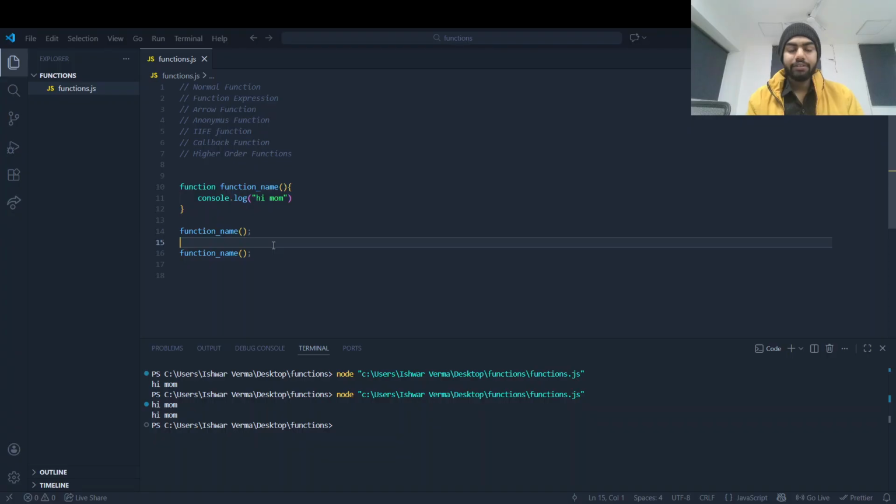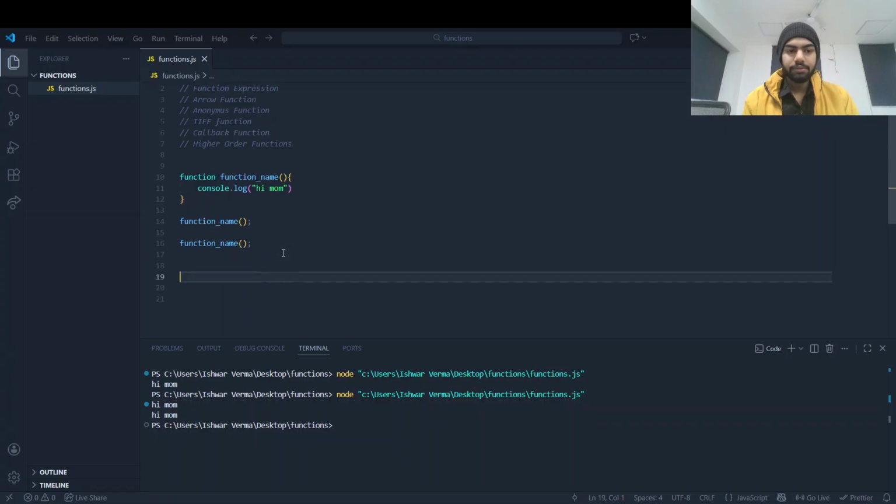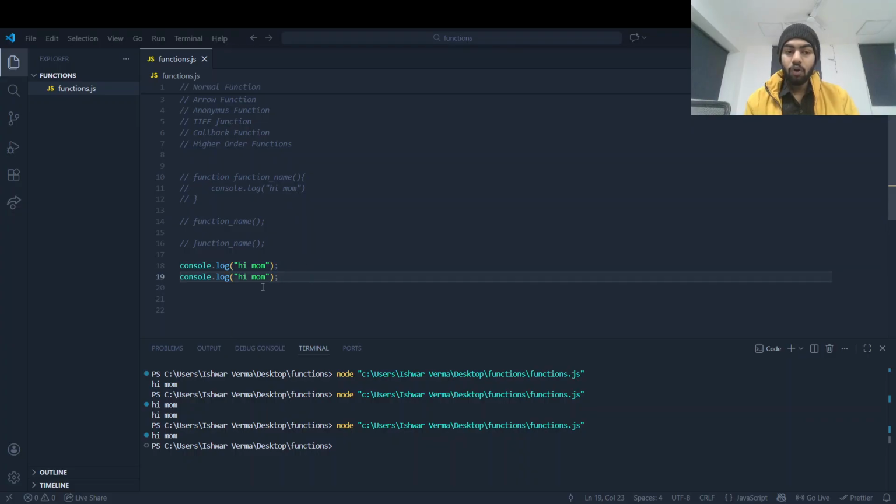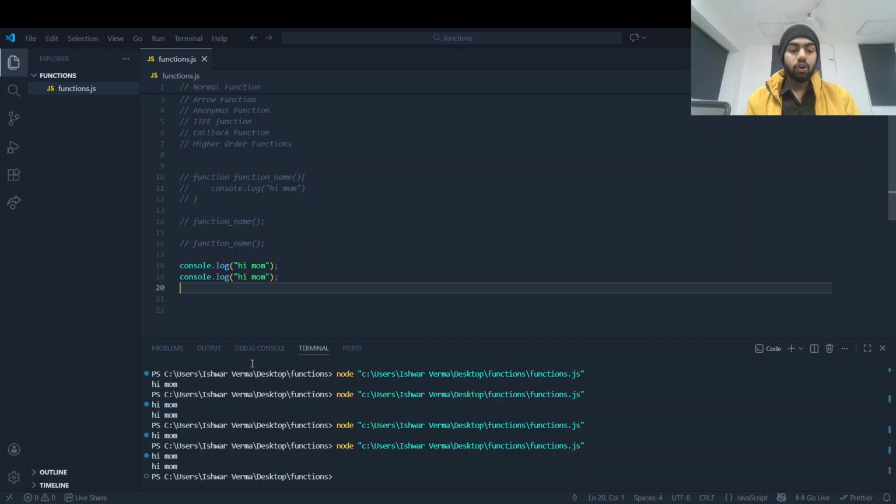Suppose I write console.log, hi mom, once; in our terminal hi mom is printed one time. If I want to print this again, I need to write console.log again, hi mom.